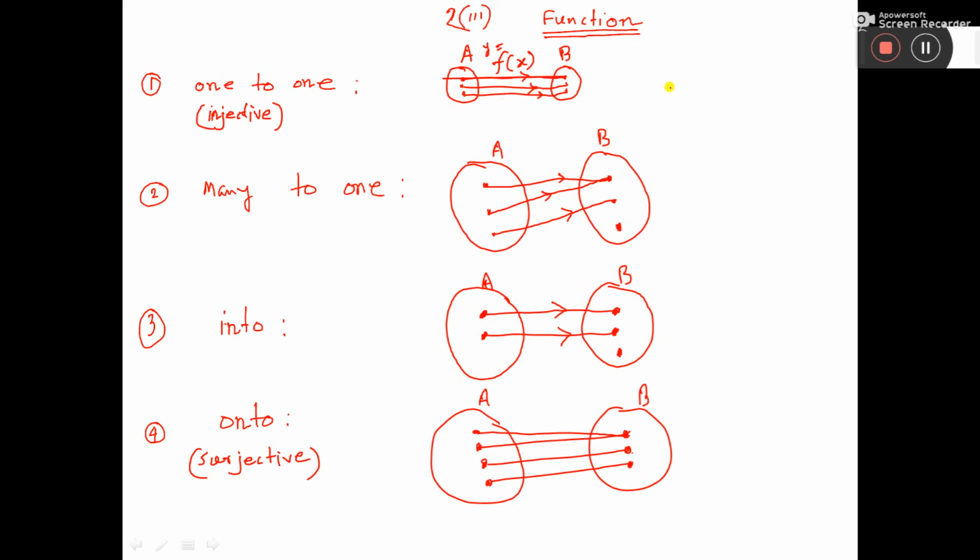If I give one example, let's say y is equal to f(x) is equal to 3x. This is the relation. That means here A set element is x, B set elements are y. So let's say A set one element is 1, I am considering. So if you put 1, 3 into 1 is equal to 3. That means this 1 is related to 3. With what relation? This relation. This is called function. That is why in the beginning I did not give the definition of function.